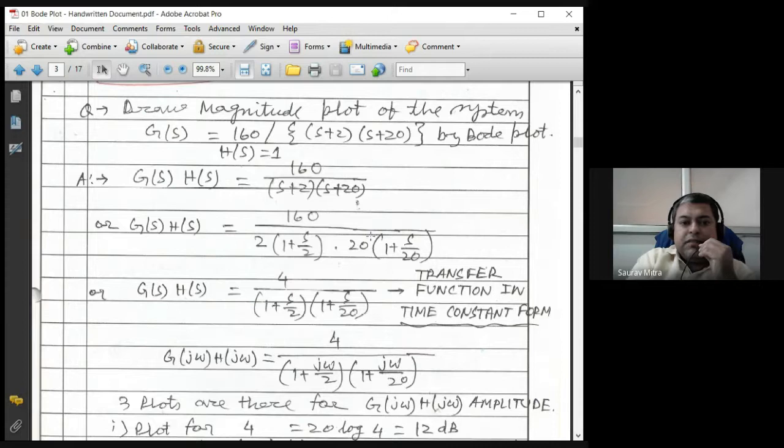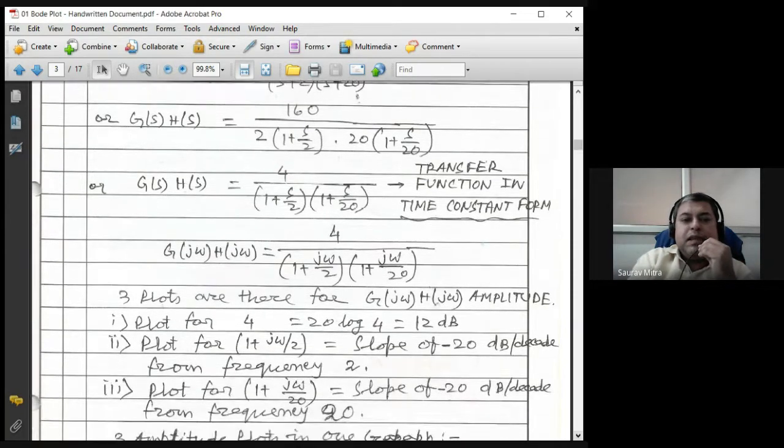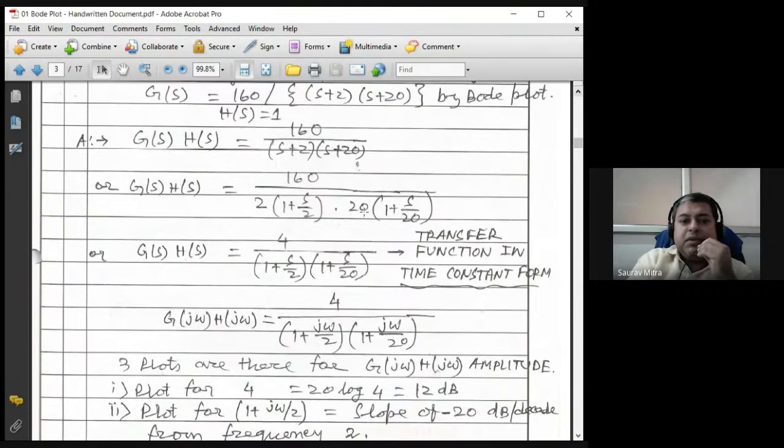So whenever this kind of thing is given, first convert it into time constant form. How to convert into time constant form? Just take 2 outside and 20 outside, so it becomes 1 plus s by 2 and 1 plus s by 20. Now this 160 is getting divided by 20 and 2, so this becomes 4 divided by 1 plus s by 2 and 1 plus s by 20. Now converting any G(s)H(s) into time constant form is very necessary,